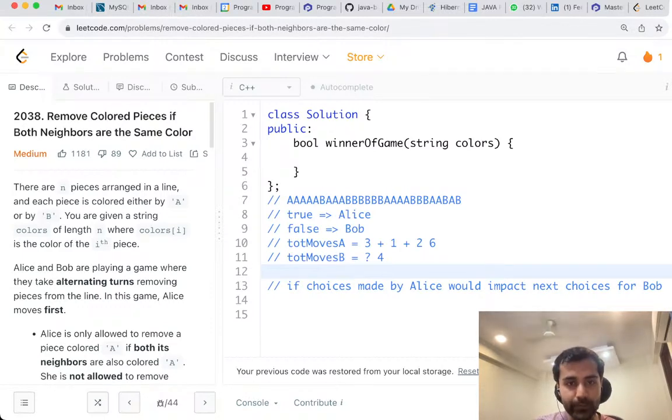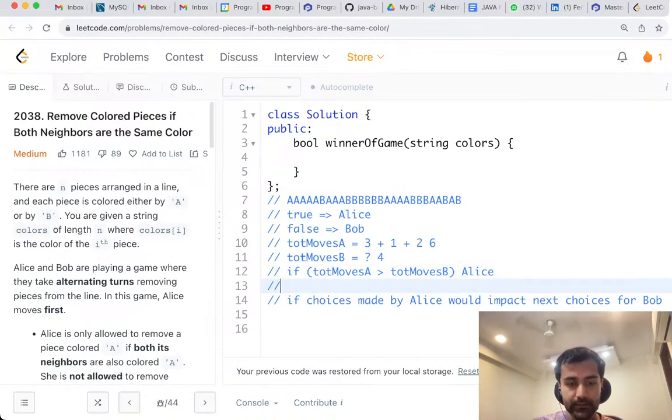So once I have computed this, the final logic can be very simple: if total moves for A turned out to be greater than the total moves for B, then the winner is Alice, otherwise the winner was Bob. And for Alice we want to return true, so here we will return true and here we will return false. Is the logic absolutely clear to everyone,